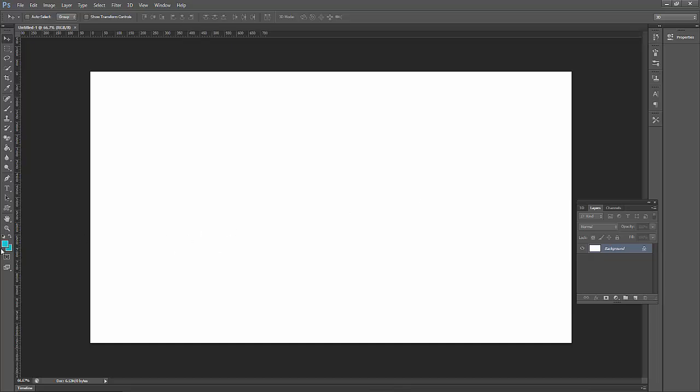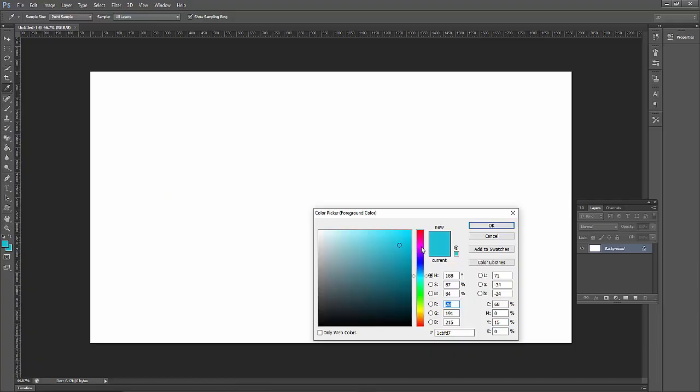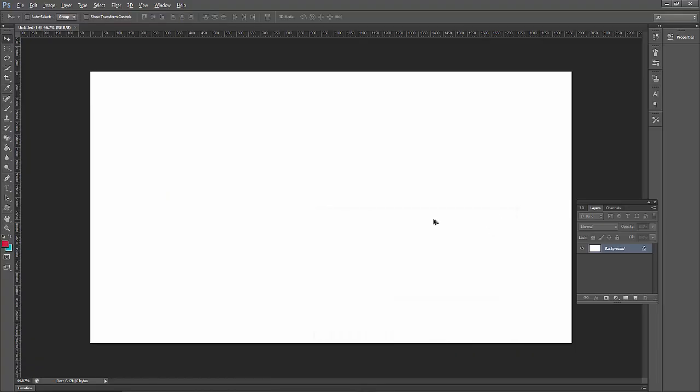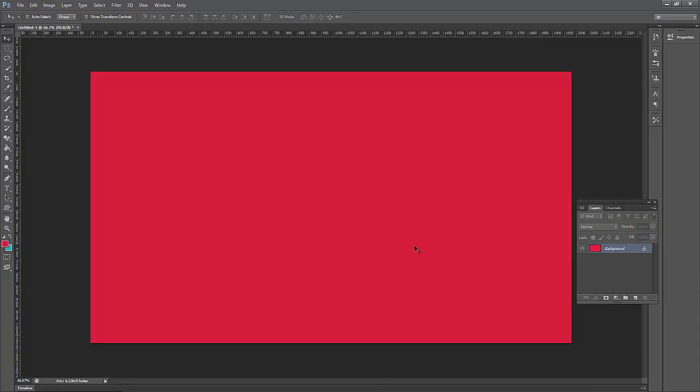Now go to the color menu option, then click. Now choose red color. Now click OK. Now on the keyboard, press Alt and Backspace. That's it. Then, to apply another color,